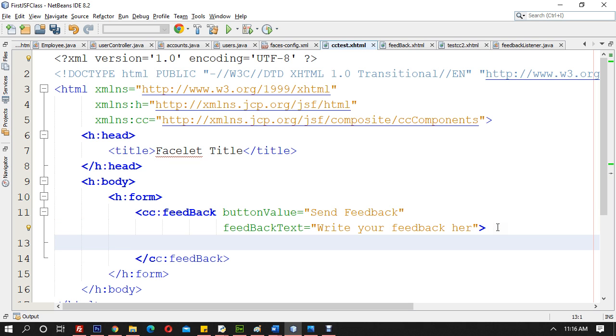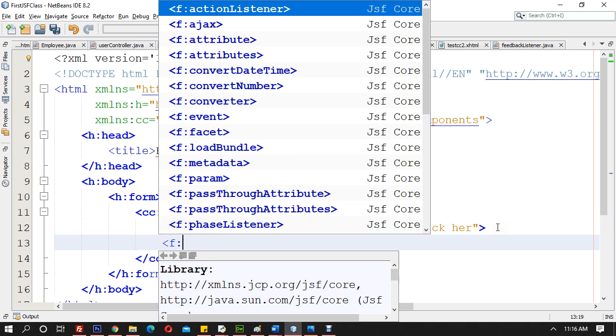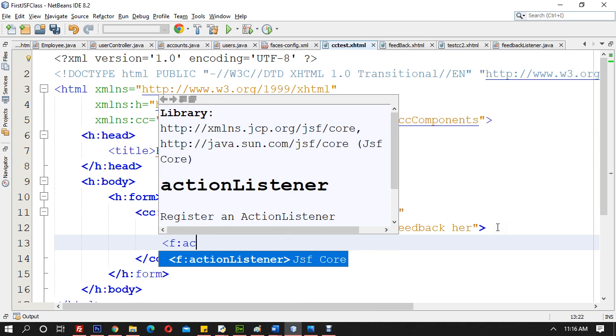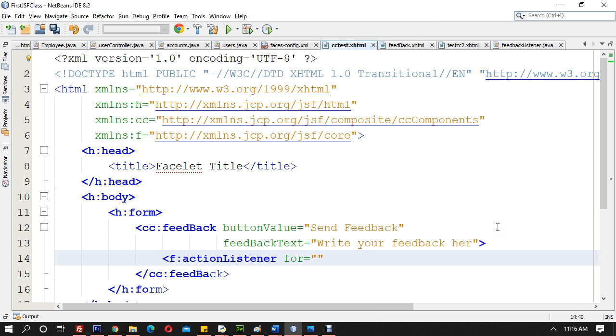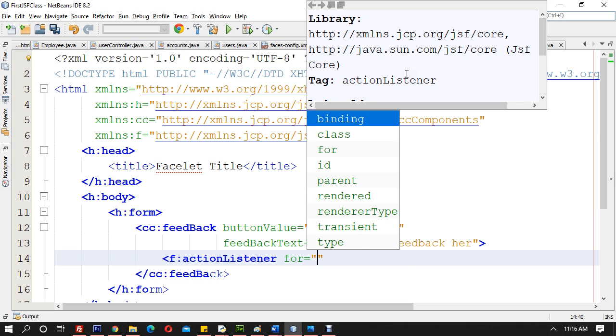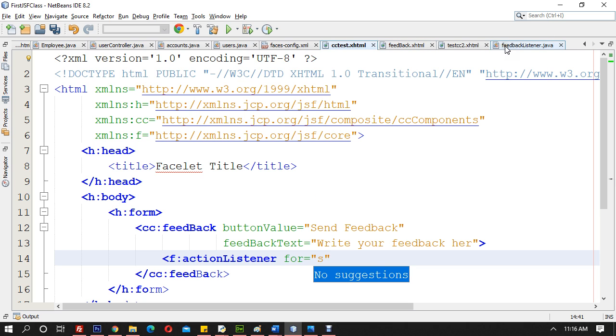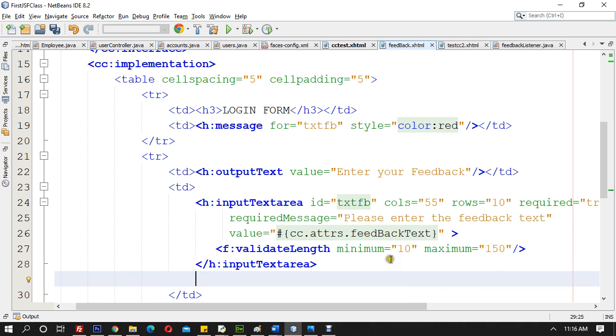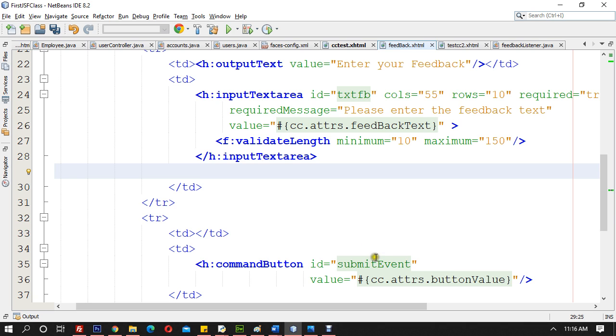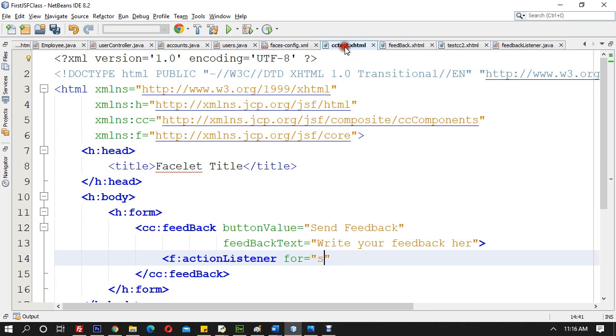and now I will call the same action listener that I have made. So I'll say f:actionListener for which button? The button already has an ID, right? If I tell you what was the ID of the button, you can see submit. Go back to feedback. What is the ID of the button? Right here, submit event. So I will make an action listener for the same button, which is submit event, a